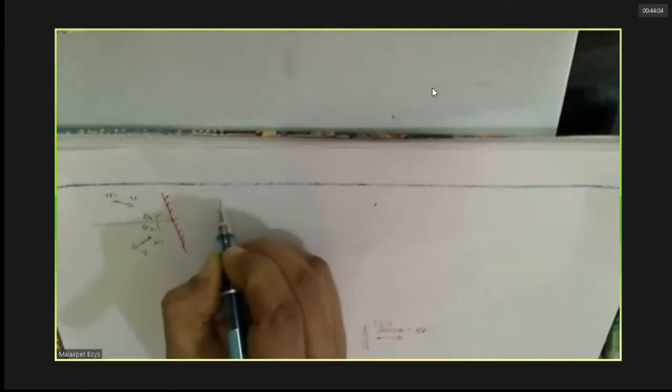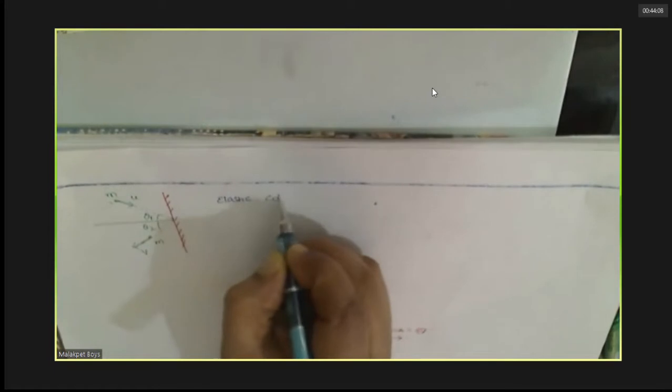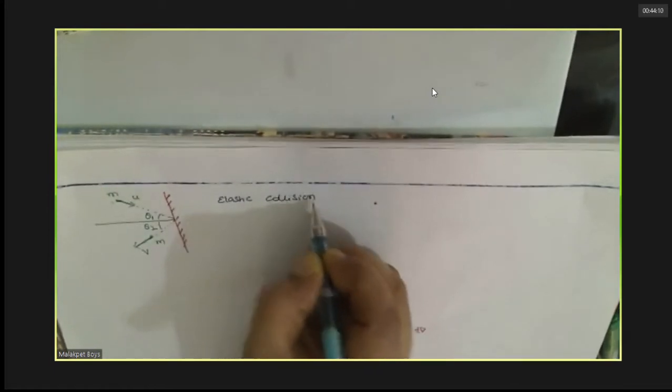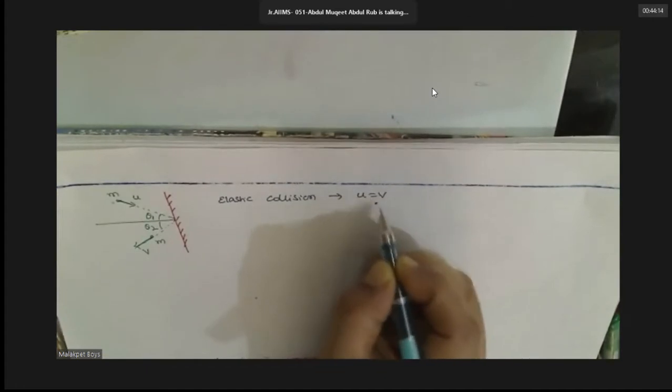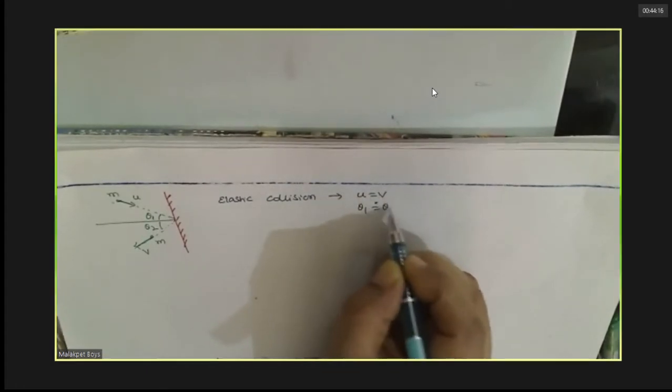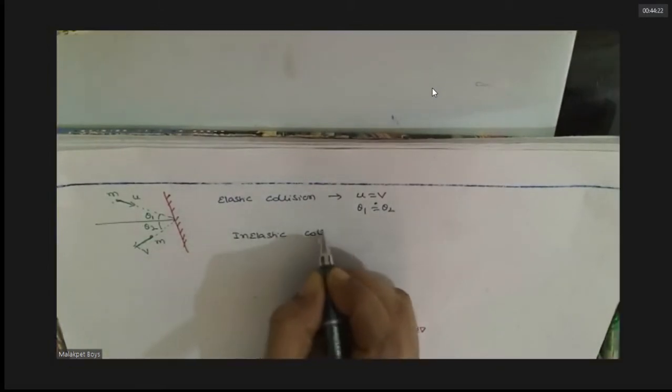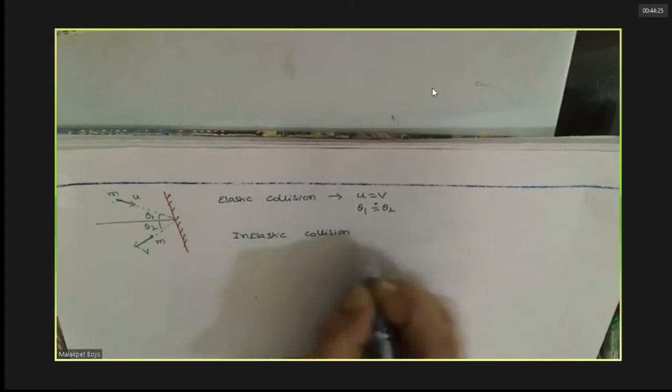So if the variable is dx, then you'll have x. If the variable is dt, you will have t. If the variable is dv, you'll have v. Now here, what is the variable? t, right? So the integration of 1 is t. You put the upper limit and lower limit. Here the variable is v, that's why you write v, and the lower limit is u and the upper limit is v.